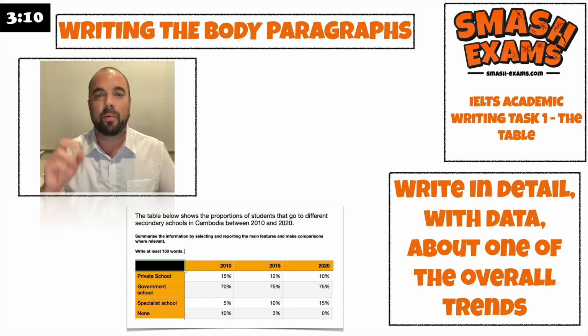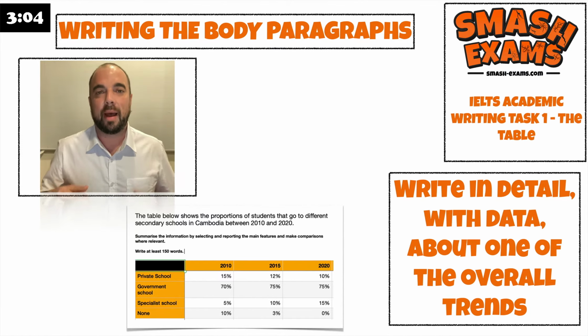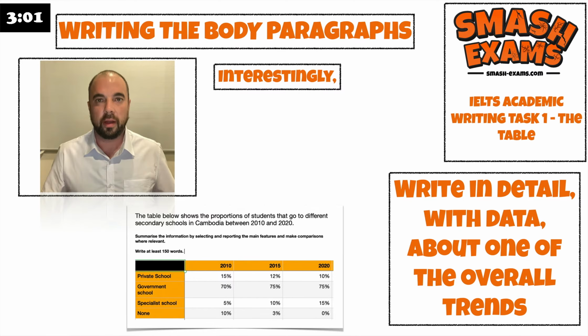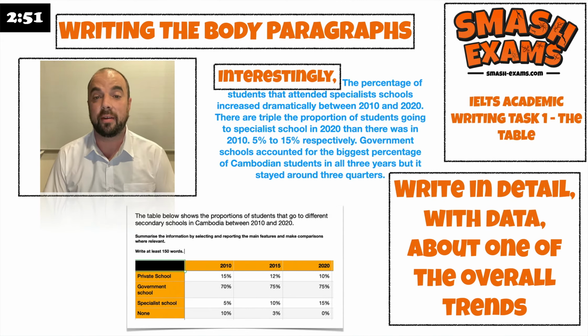The body paragraphs is where you start to add some detail to the overall features of your table. Always start with an adverb. I like to use interestingly. It's always good to group your information, so in this body paragraph I'm going to be talking about specialist schools and government schools. So my paragraph would read, interestingly, the percentage of students that attended specialist schools increased dramatically between